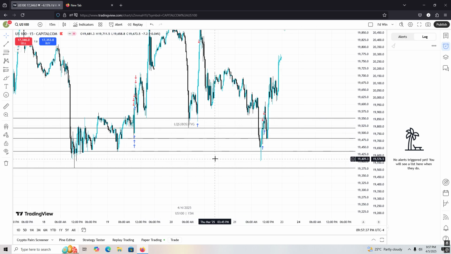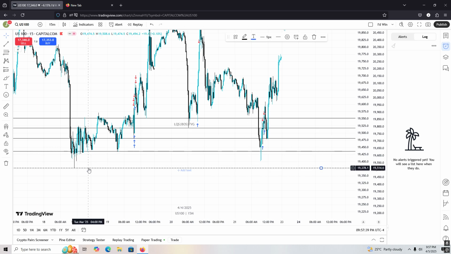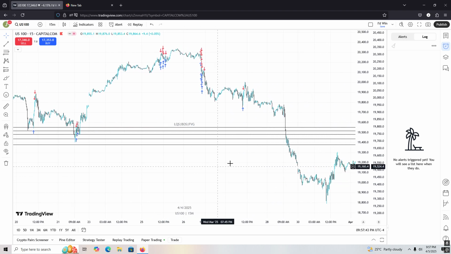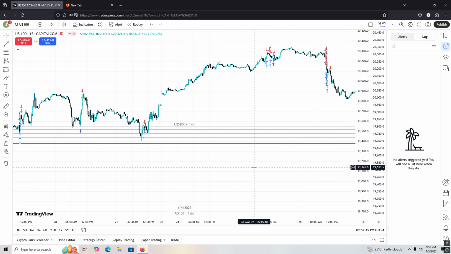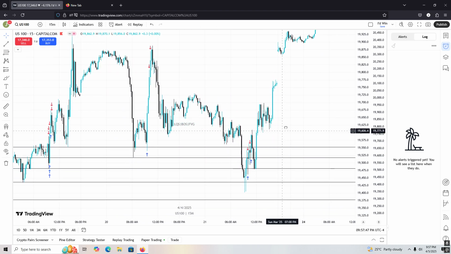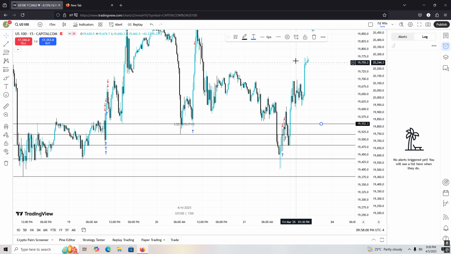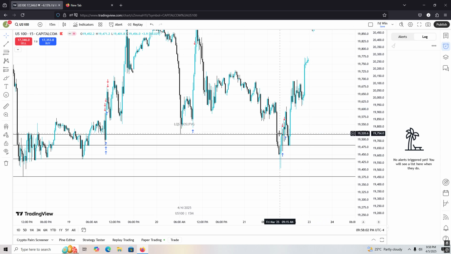So it went, well, it didn't take out this one. It will come down to this later on. Oh, it did, but yeah. So see a liquidity sweep happen over here. Why over here and not over here? Because it closed over here. So this one is not a liquidity sweep. This one is not a liquidity sweep.